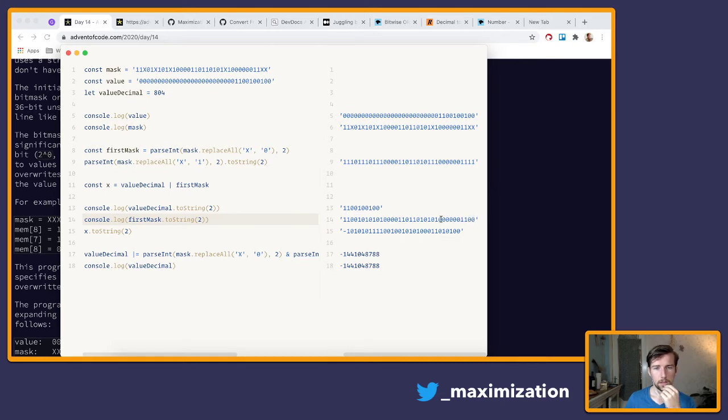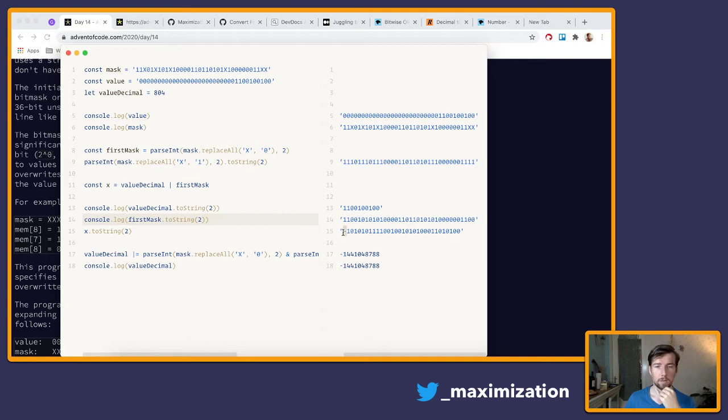Let's see. This is 0, this 0, this is also 0 for some reason. Or it needs to be 1. So maybe it starts from here. 1 or 1 is,